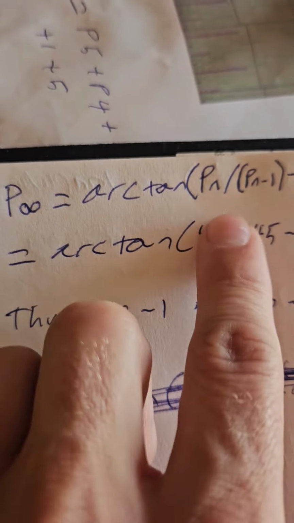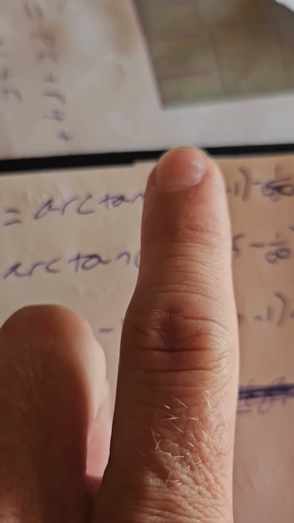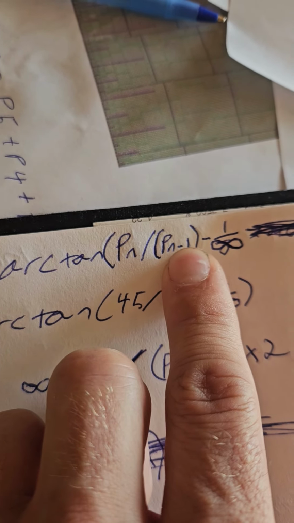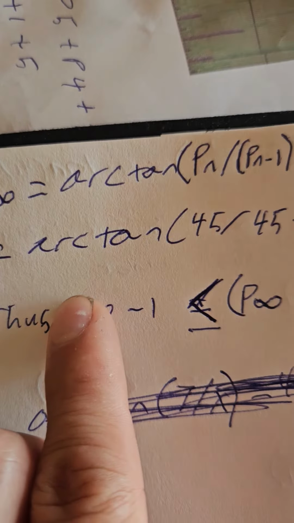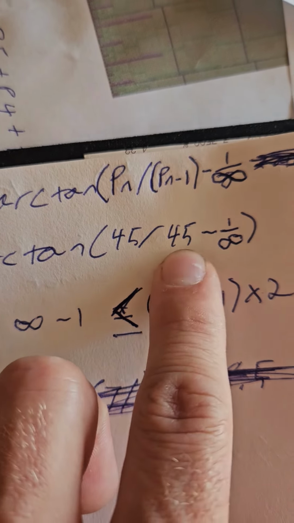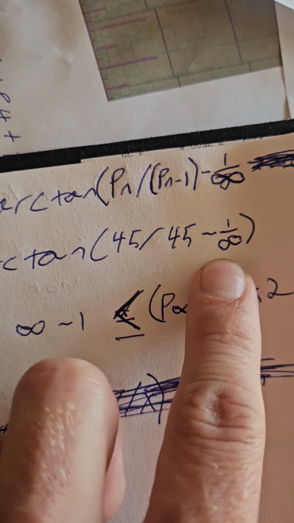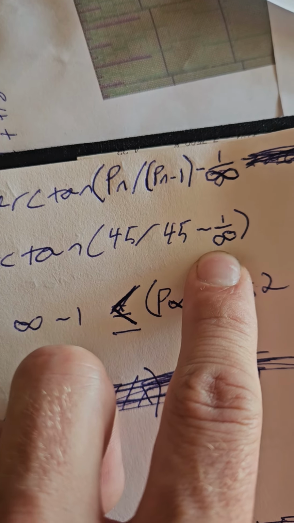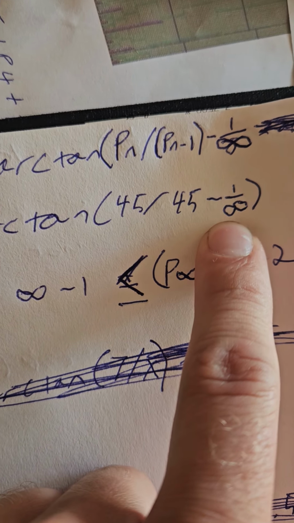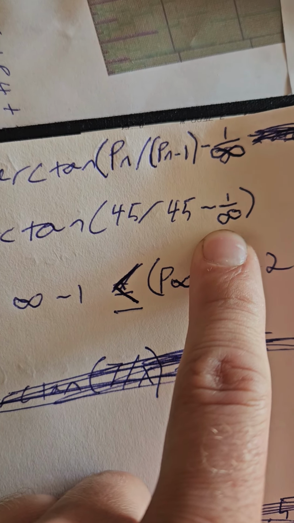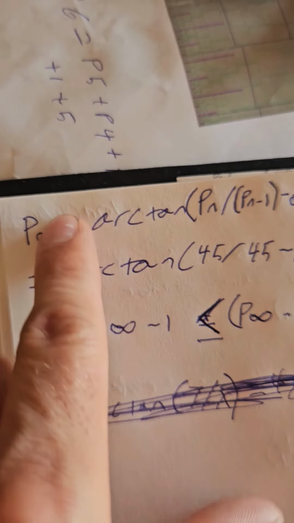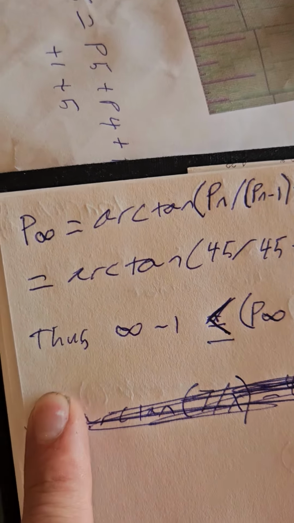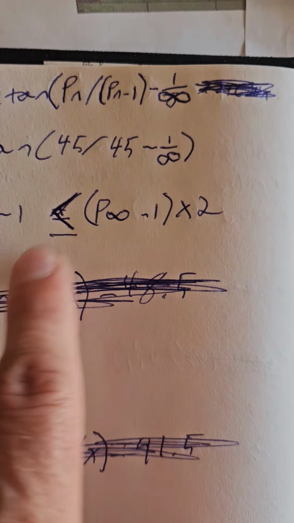the prime number over the previous prime number minus 1 over infinity equals the same number as arctangent 45 degrees over 45 degrees minus 1 over infinity, which is only possible at infinity. So infinity is prime by this definition, but then infinity minus 1 is equal to or